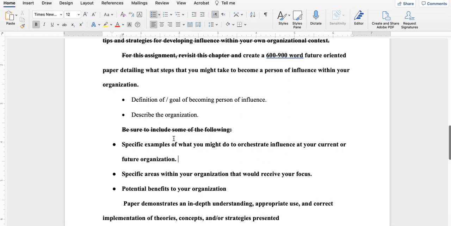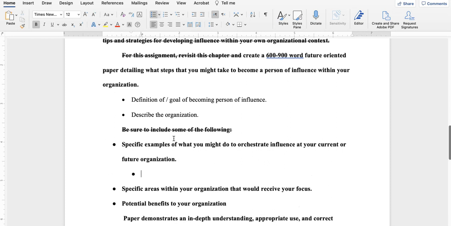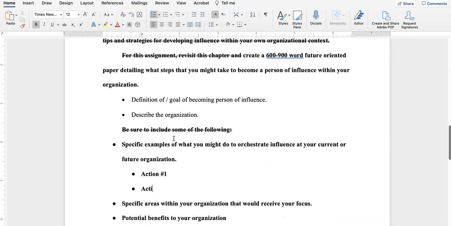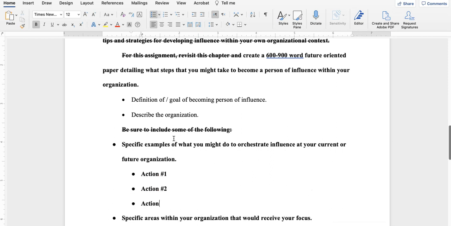Okay, specific examples of what I want to do. Now, I may not know all the specific exact actions, but I know they're going to need a few, and three is a good starting point because I can always add more.